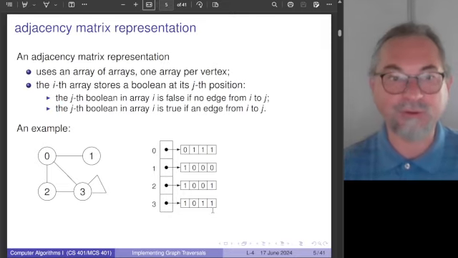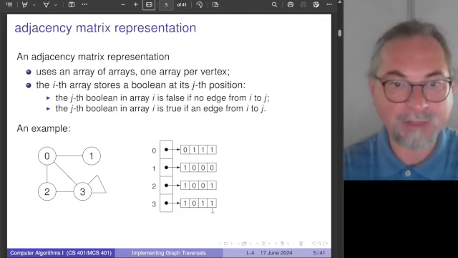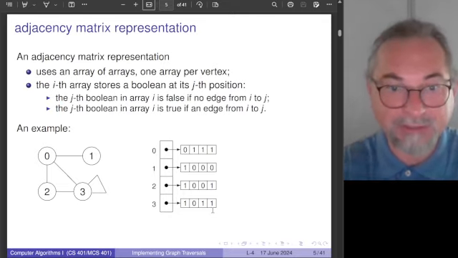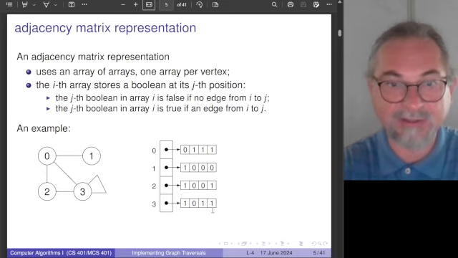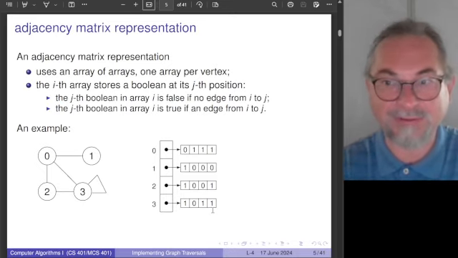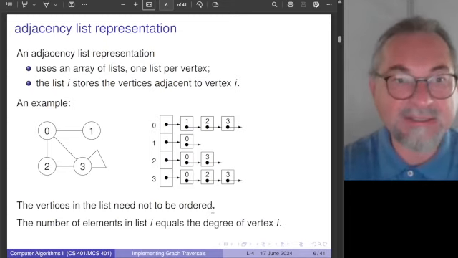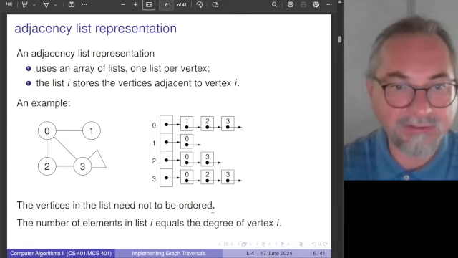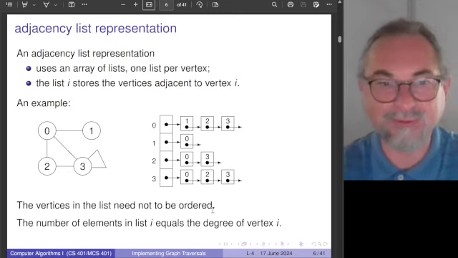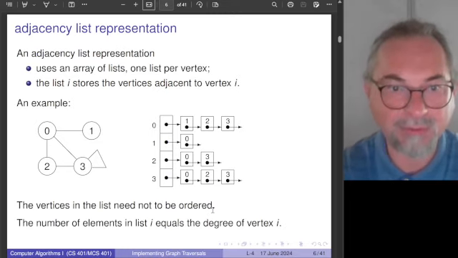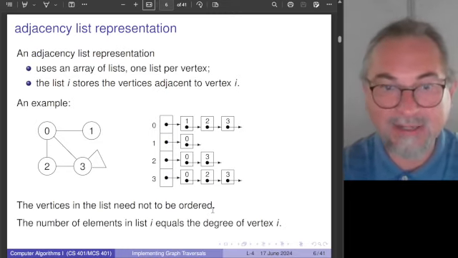So that is the virtue of this representation. If the graph is completely connected, you will see a matrix of ones, essentially. Okay, the adjacency list representation, and here it's worthwhile again to look first at the example, is also an array